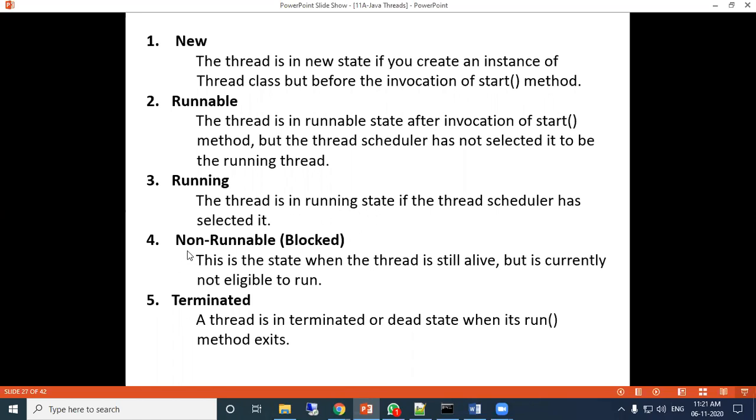Next is non-runnable. Non-runnable means it is blocked. This is the state when the thread is still alive but currently not eligible to run. Then terminated. A thread is in terminated or dead state when its run method exits. Okay, so these are the 5 states which we have discussed.